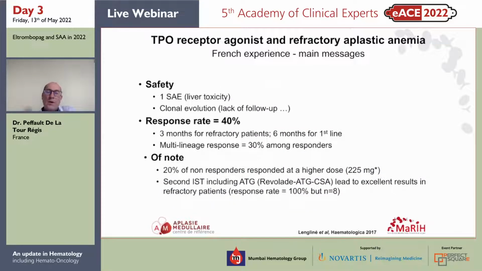What we did find in that study, first of all, is that the use of eltrombopag was safe, but again, it was not a prospective clinical trial. So of course, all those results have to be taken with precaution. There was no monitoring. It was just reported by the centers. And these are real-life studies that we also need, but we should take them with precaution.